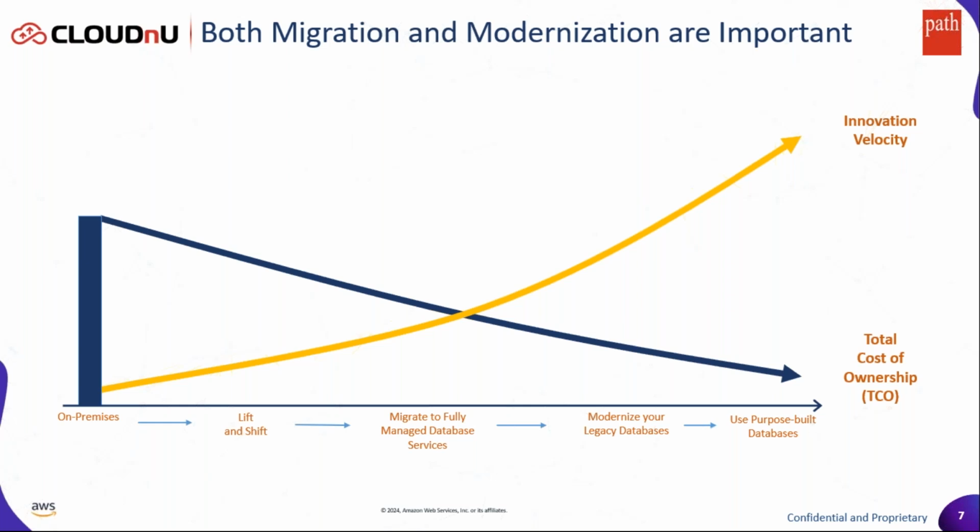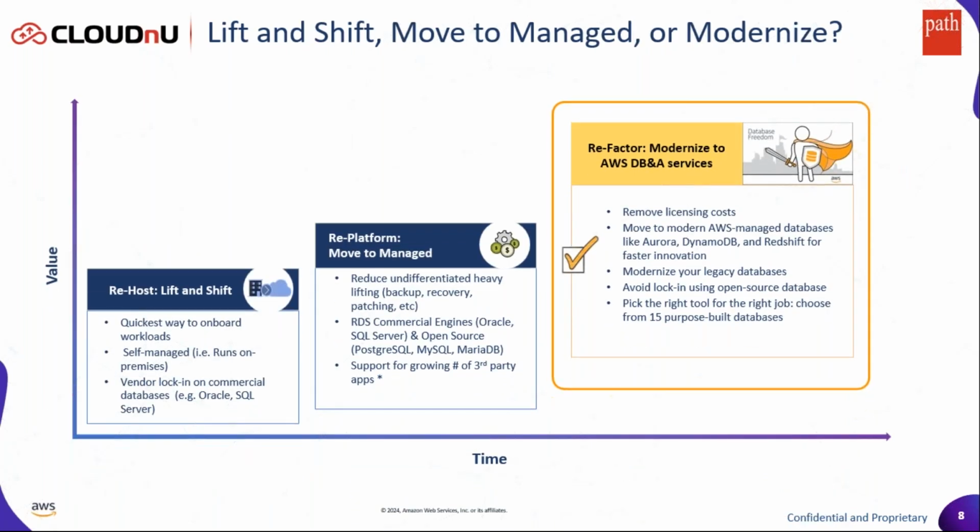So when we talk about this journey, typically there are three pathways that we classify. The first pathway is your traditional lift and shift. That's your first baby steps, so to speak, into the cloud. The second pathway, and from there on, is what we could classify as a modernization pathway: move to managed services, also called replatforming. And the last one is adopting fully modernized services, which could be purpose-built tools and database services, which we will cover shortly. So these are the three different pathways.